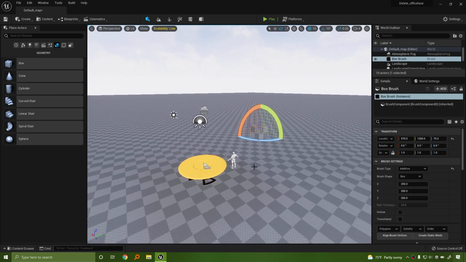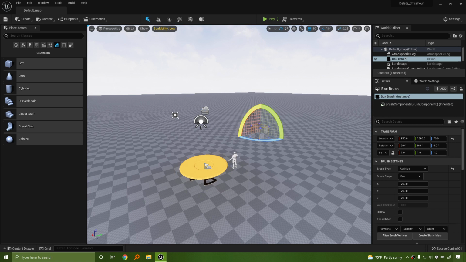And I don't like to scale boxes that are BSPs. I almost immediately will run over here, and then I'll set values that I think are going to be useful for me. So X is forward and back. So if I type in like 1,000, that's 1,000 centimeters. Z is up. That's the thing you have to remember.